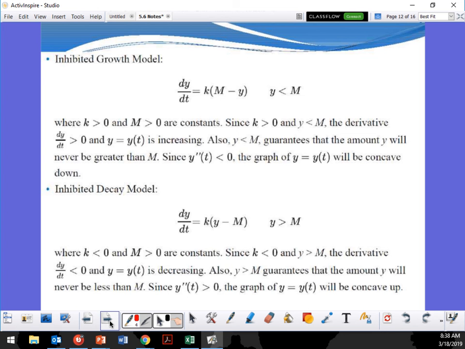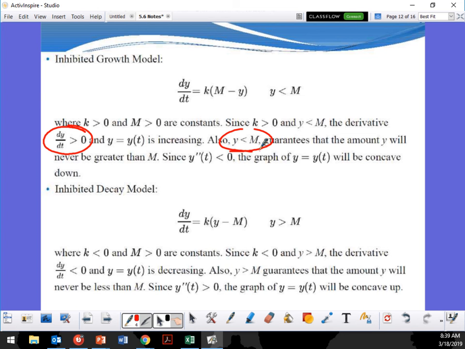So m is going to be greater than 0, a constant. Since k is greater than 0 and y is less than m, the derivative of this is going to be greater than 0, and y of t is increasing. Also, y is less than m because that's less than the carrying capacity. It guarantees the amount of y will never be greater than m. So since the double derivative, y double prime of t, is less than 0, the graph of y equals y of t will